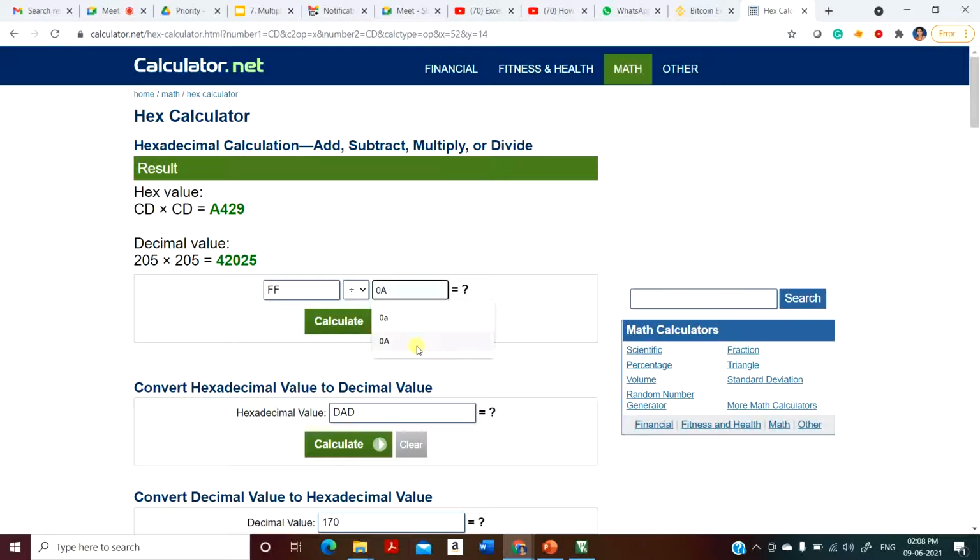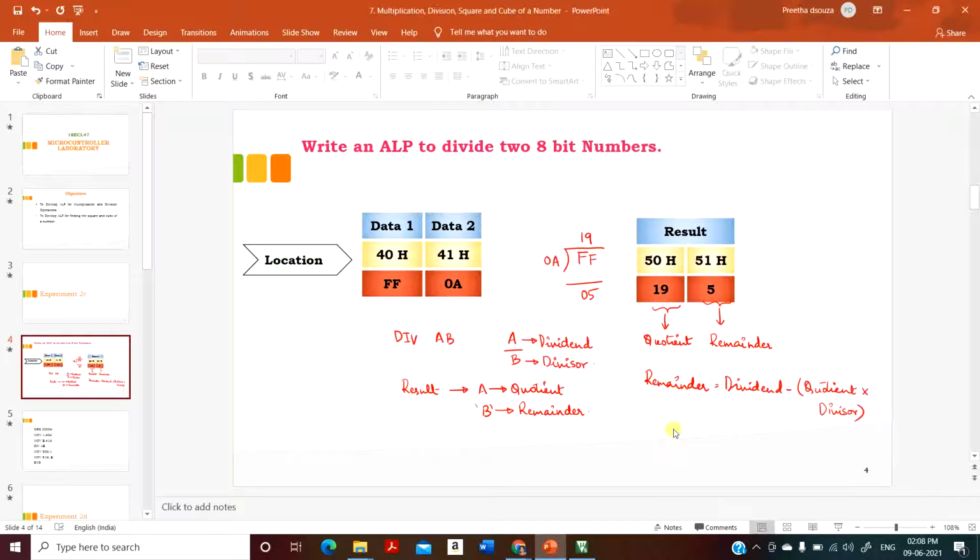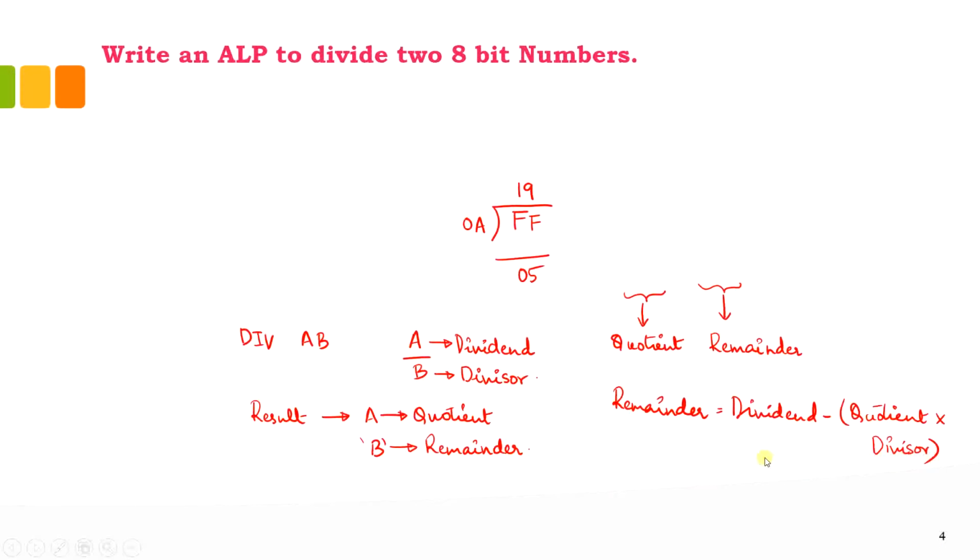When I divide this with 0A, the result you can see is FF divided by 0A, 19 is the quotient and the remainder is 5. And if you want to check the remainder using your calculator, I have already specified what expression you need to use. That is, remainder is equal to dividend minus quotient into divisor.